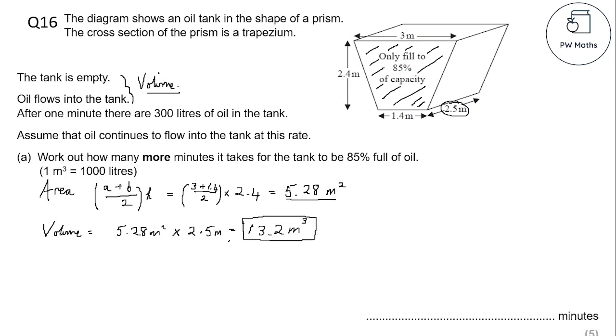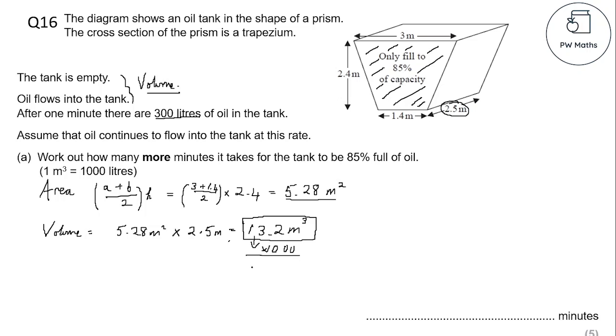Great, we're picking up some marks. Let's keep reading. The tank is empty. Oil flows into the tank. After 1 minute, there are 300... Oh, that's annoying. Litres of oil in the tank. Well, the problem is we're in cubic meters and we need to be talking litres. So we'll reread this, and it says 1 cubic metre is 1,000 litres. That's very kind of them to tell me. They don't have to. So I've got to do something with that and 1,000. And it looks like there's going to be more litres than cubic metres, so I'll times it by 1,000,